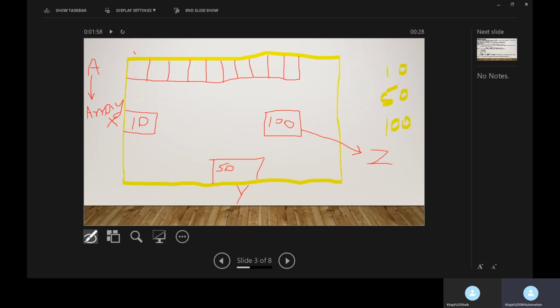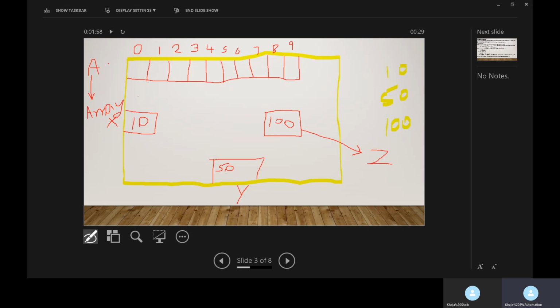For example, here the first memory location will be identified by using the index number 0, and the second location will be identified by using index number 1, 2, 3, 4, 5, 6, 7, 8, and 9.